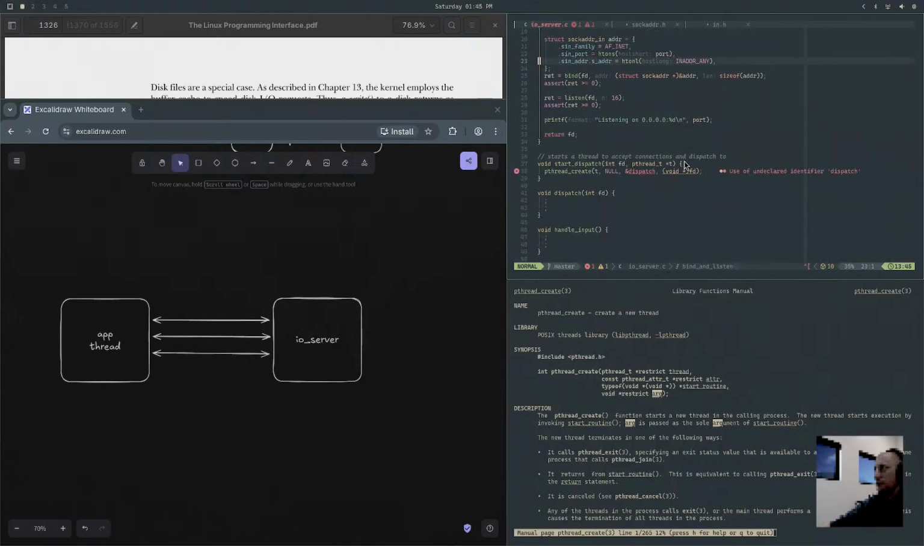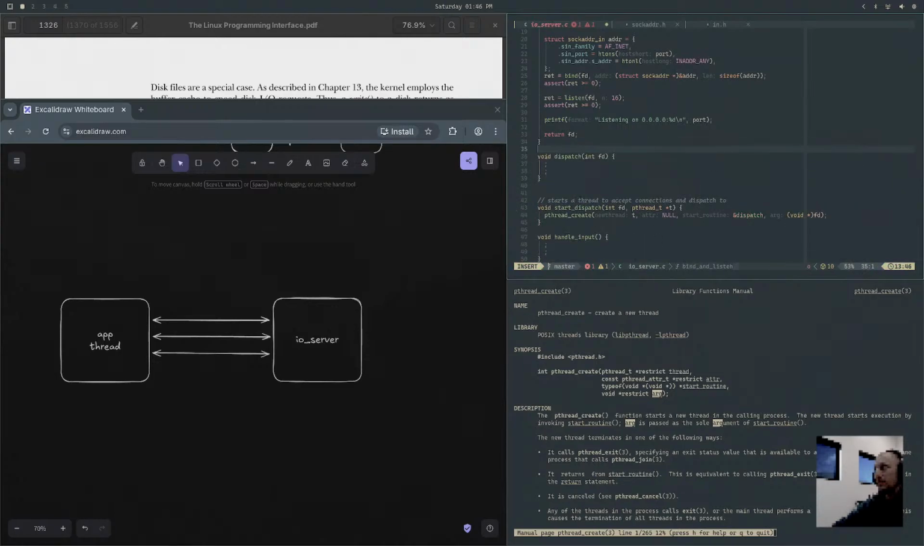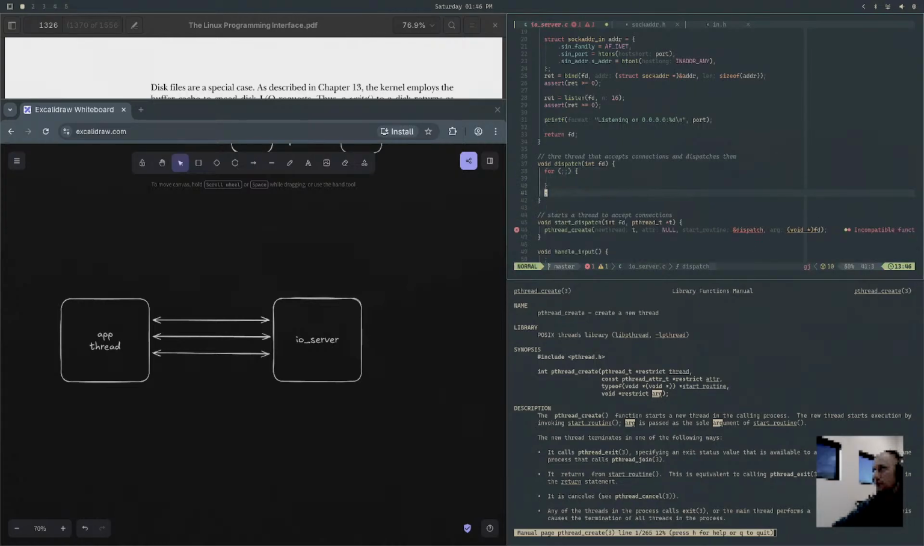All right, so now we're down here. Dispatch needs to be declared before this. That makes sense. The thread that accepts connections and dispatches in. So here we're just gonna say while true, or I see this more commonly, forever, do